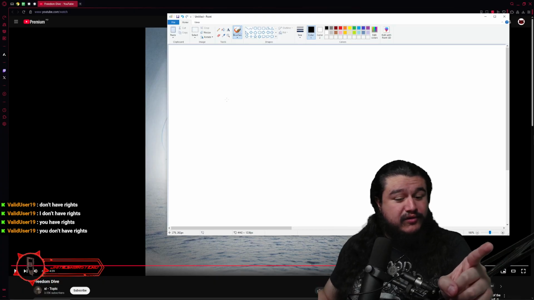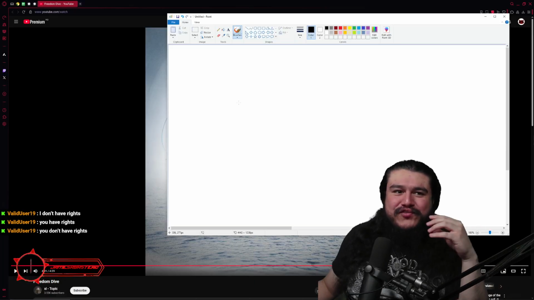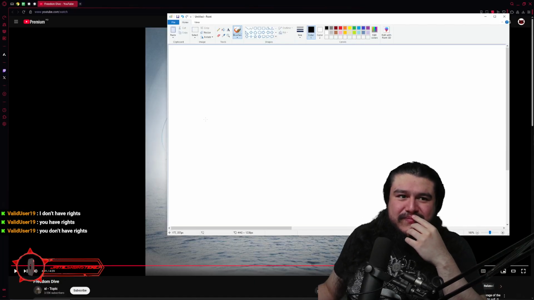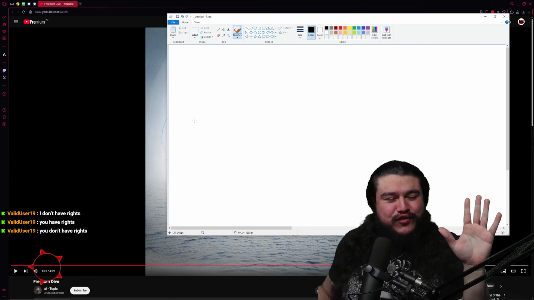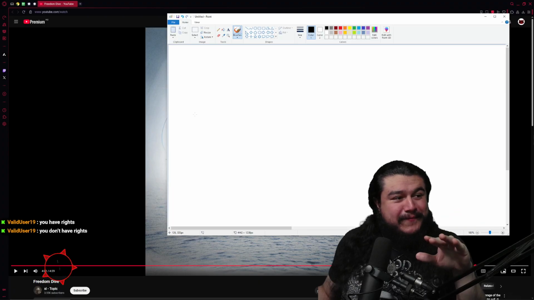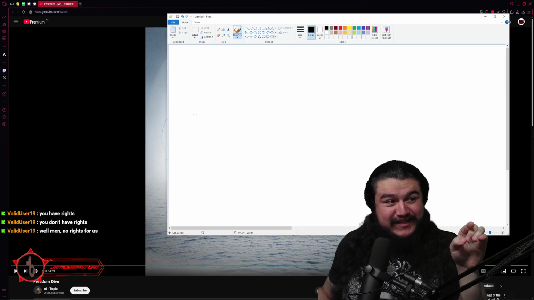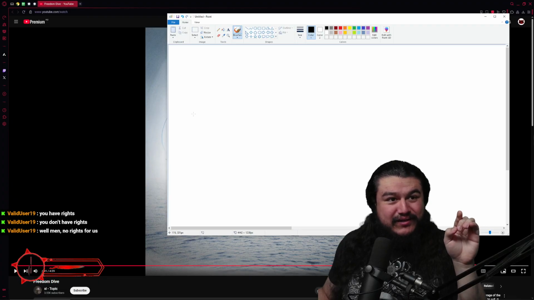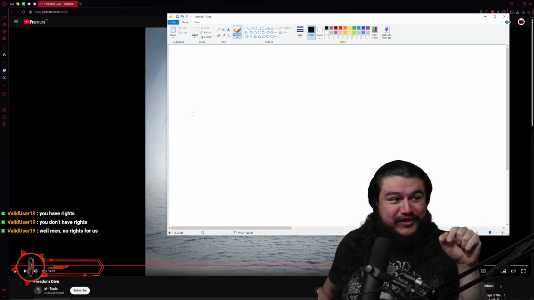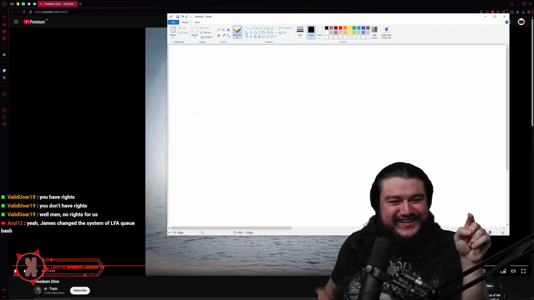That's absolutely ridiculous. I'm gonna have to turn that thing off. Just for context, Valid User is on Kick, and he just posted "men have rights," and it got deleted as hate by Kick's automod. Then he typed "men don't have rights," and it also got deleted as hate by the automod.